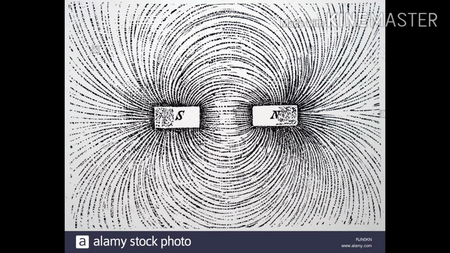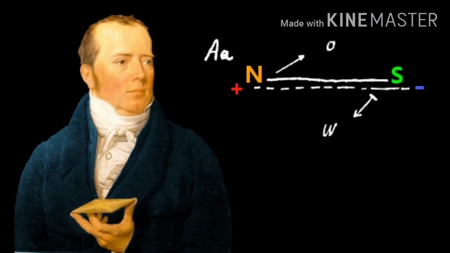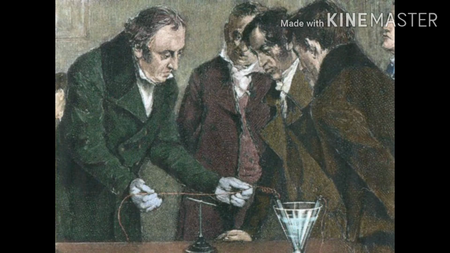Now, back then, there was a scientist, rather a physicist, Hans Ørsted, while he was performing some experiment related to electricity, and by chance, a magnetic needle was placed near that experiment. He saw that when electricity was passed in that conductor, there was a deflection in the magnetic compass. It was very shocking. So, from that point of time, he concluded after doing some research and study that a magnetic field is associated with the current carrying conductor.